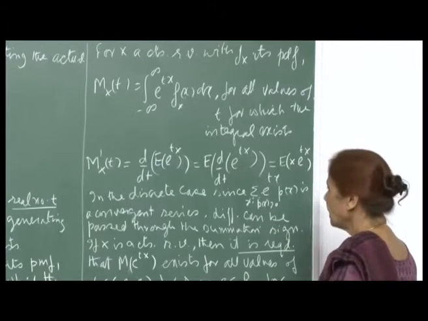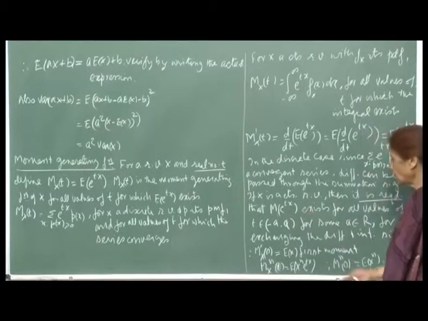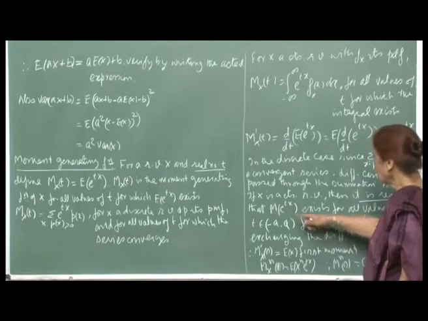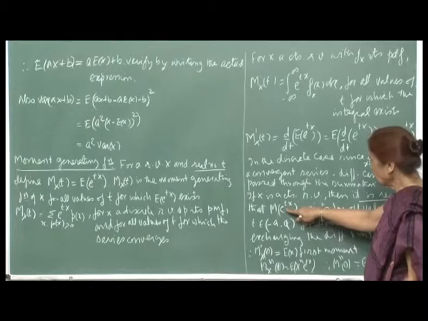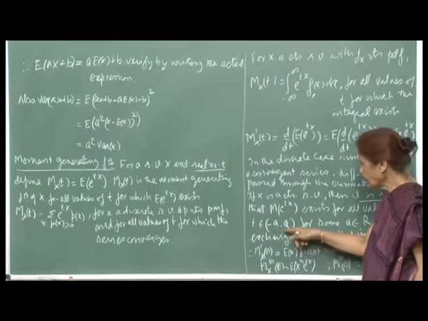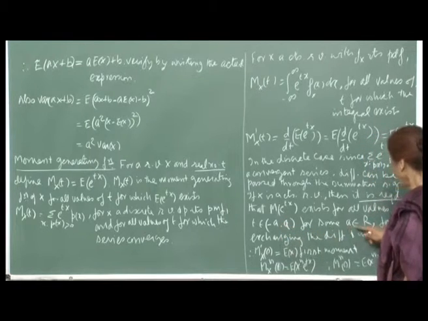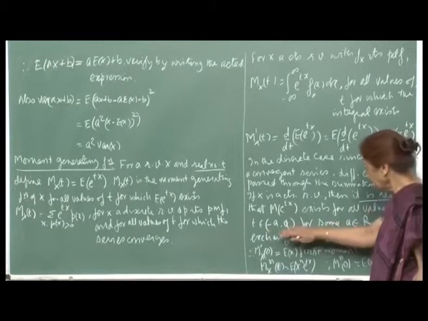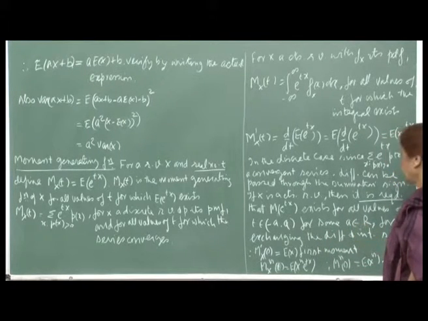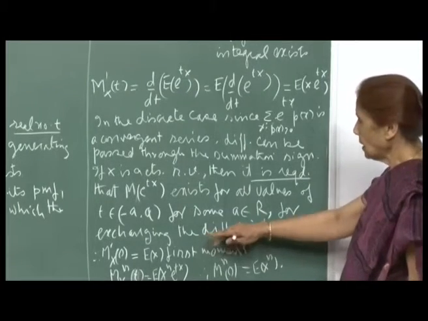Now, if x is a continuous random variable, then it is required that this can be shown again, because it involves higher level mathematics. So, I am not doing it here. This is that if the moment generating function for x exists for all values of t in the interval minus a comma a, that means some interval around the value t equal to 0, for some a real number, then it can be shown that you can exchange the differentiation and integration sign. Okay. So, in case your random variable x satisfies this property that the moment generating function will exist for all values of t in an interval around the origin,